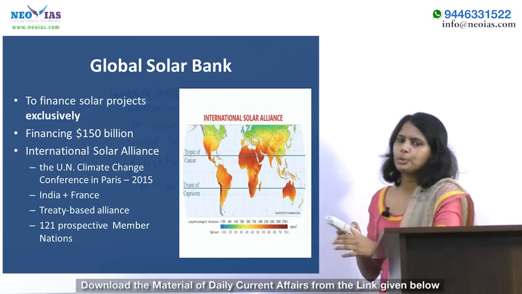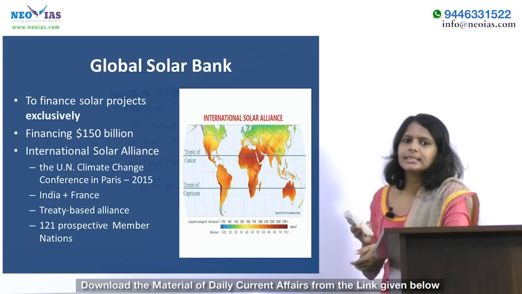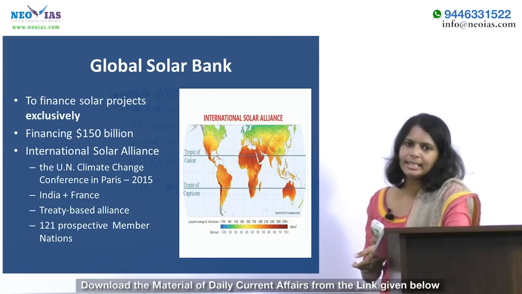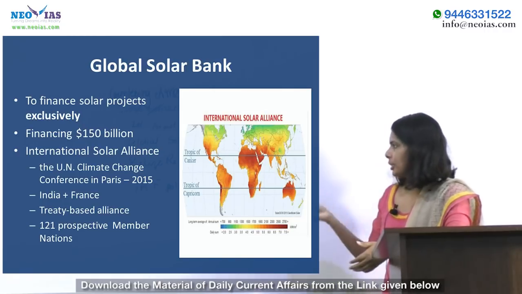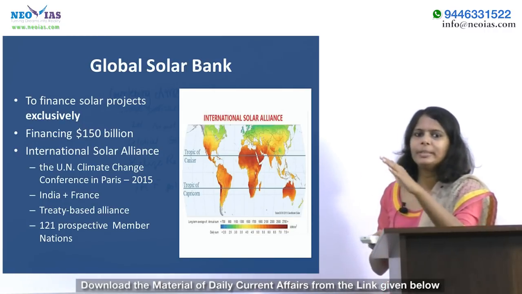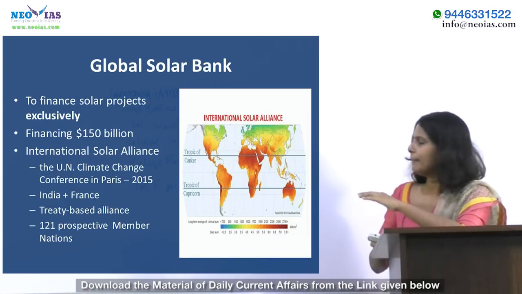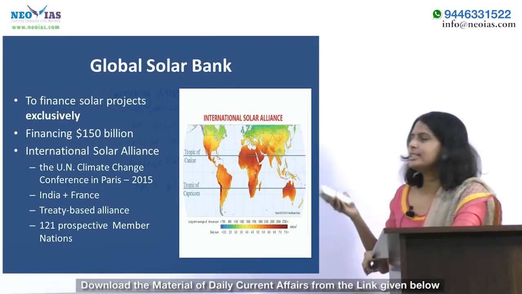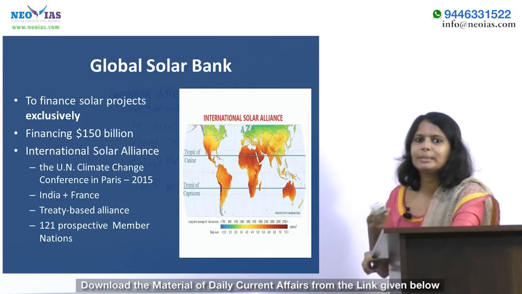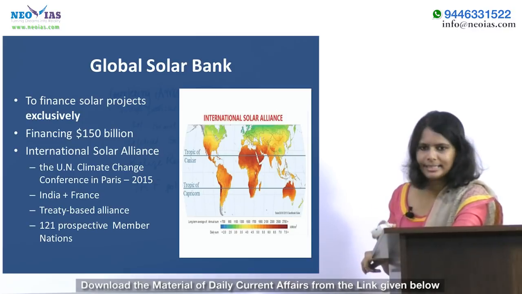A key point to be noted here is that the International Solar Alliance is the first international body that will have a secretariat in India. About the structure of this organization, it will be a two-tier structure. The assembly and the secretariat will be there. Each member country will be represented in the assembly, and this assembly will meet annually at ministerial level at the seat of International Solar Alliance.